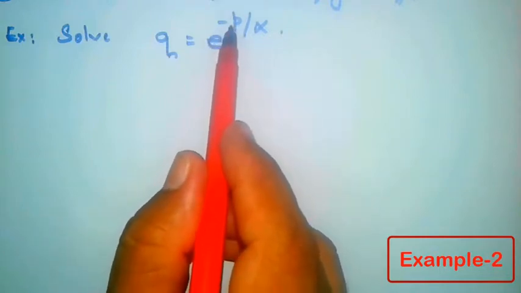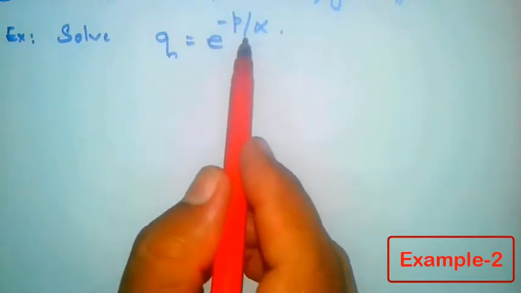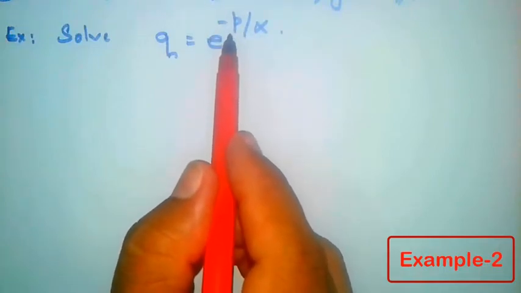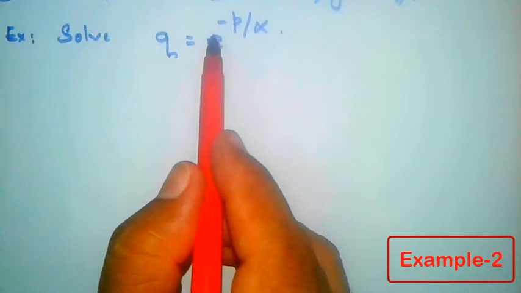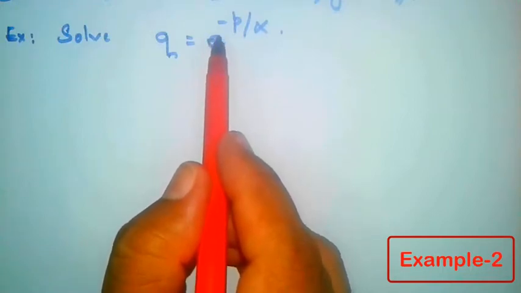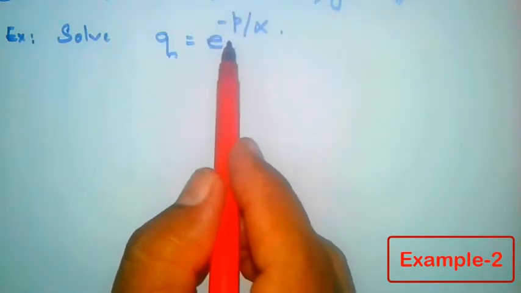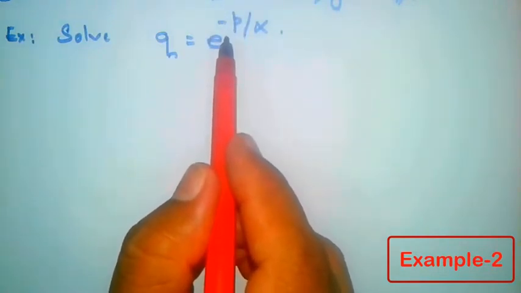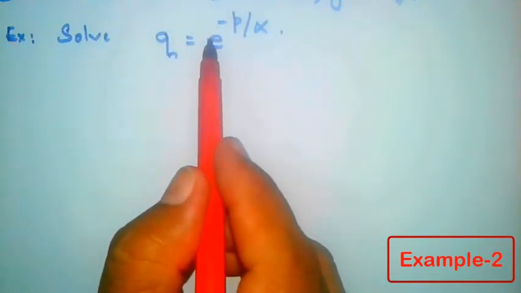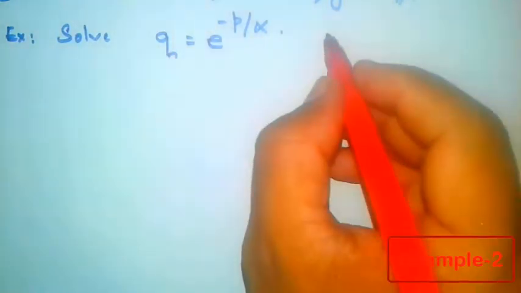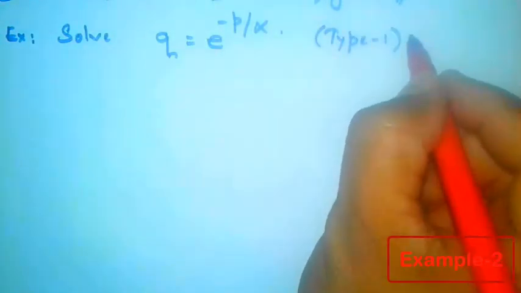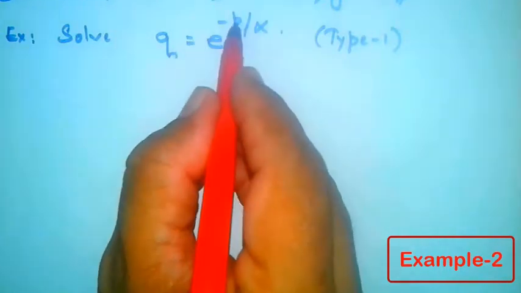We are observing that e to the power of p is a non-linear term, because when we expand the exponential function, we will get the Taylor series expansion of the exponential function, which will contain p, p square, p cube type of terms, and therefore this term on the right hand side will account for the non-linearity in p. So the differential equation will be a non-linear partial differential equation, and it is a partial differential equation of type 1, which we are considering as a function of only p and q.